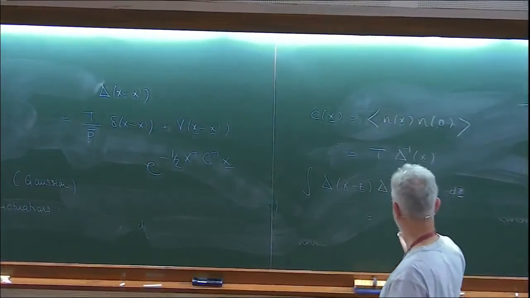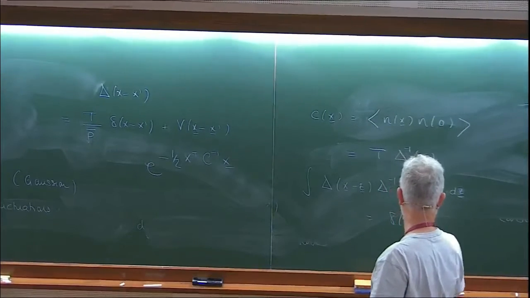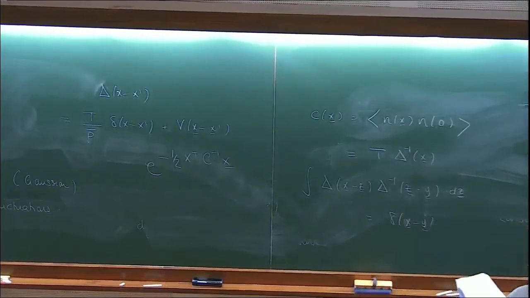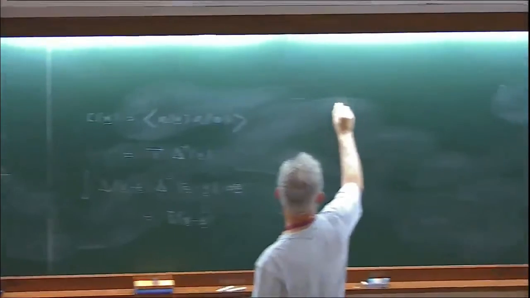It's the delta function, the Dirac delta function, so it's delta of x minus y. So this is my identity. The other thing I can define, actually this thing looks nicer in Fourier space. So in Fourier space, I can look at the